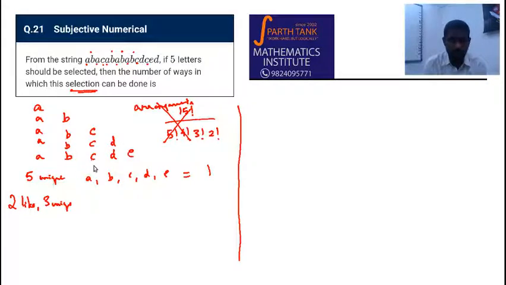So there are 4 possibilities of taking these 2 like letters. From these 4 you have to choose one. These 2 like letters are 4C1: 2 A's or 2 B's or 2 C's or 2 D's. And 3 unique, which means the other 3 must be from the others. If I have chosen, let us say, 2 A's, then from these 4 letters I have to choose 3. That would be 4C3. This is 4 into 4, which is 16.